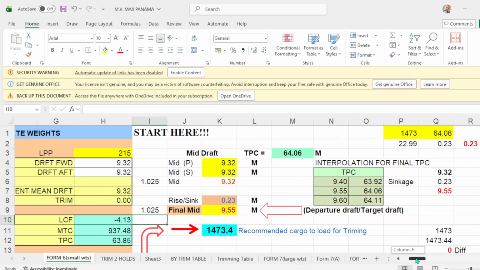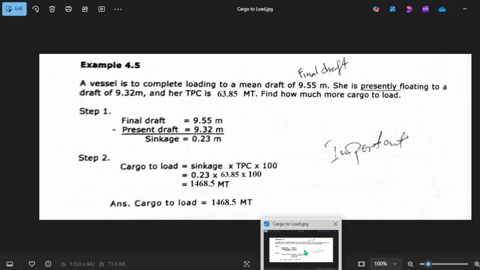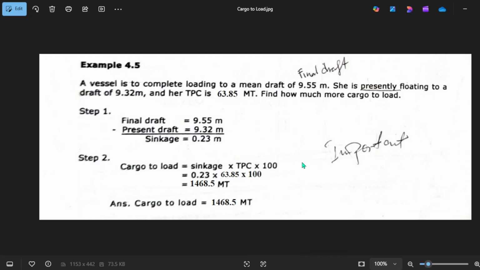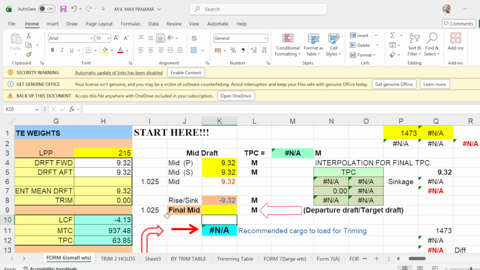So here, take out this one. You already have your mean drop. According to your loading plan, your target drop is 9.55, so you put 9.55 here as your final mid drop.